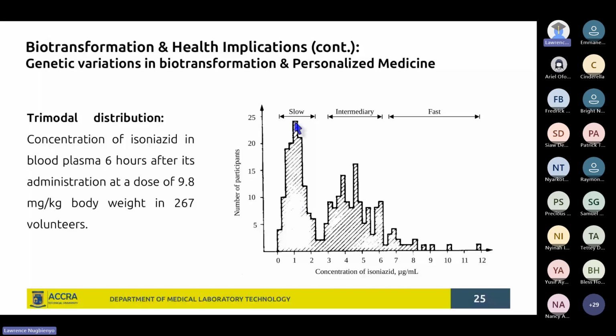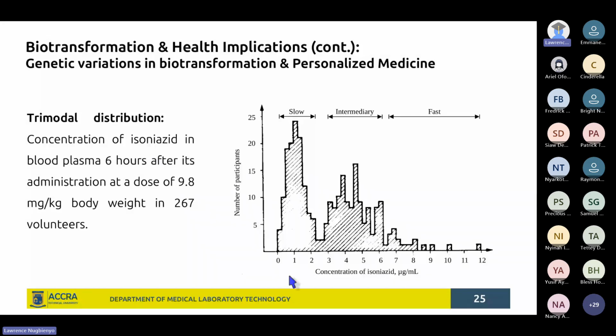And intermediate metabolizers will have some medium concentration with them, and then the very fast metabolizers are metabolizing the drug very fast, and the drug is getting excreted out of the body. You have them having the concentration being very low. This brings us to the concept of personalized medicine, so that it's not the same dosage of a drug which is given to everybody. Because if you give the same dosage to everyone, like what we are seeing here, in some of the people,